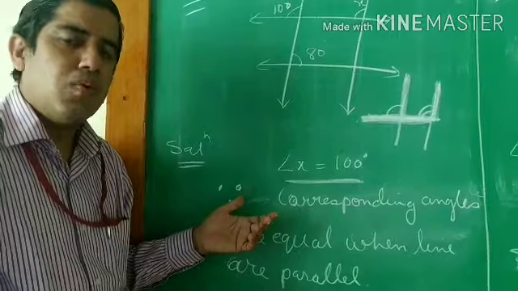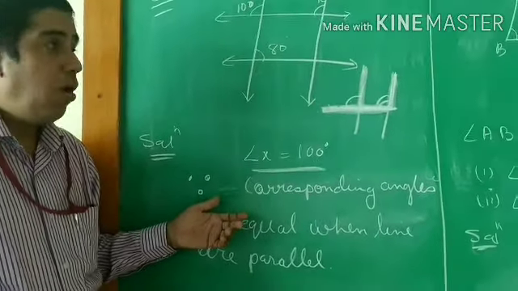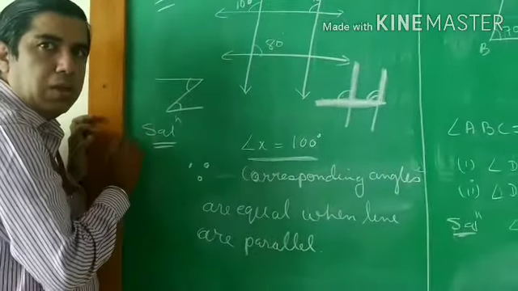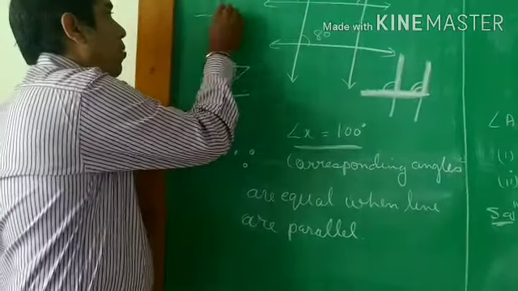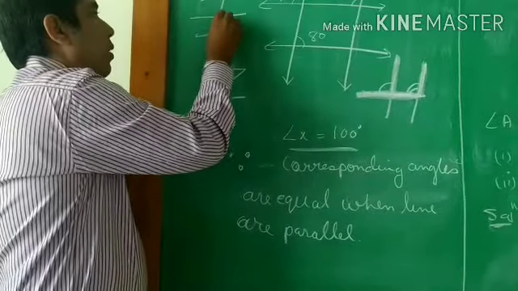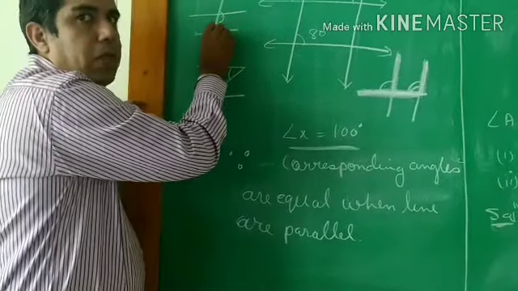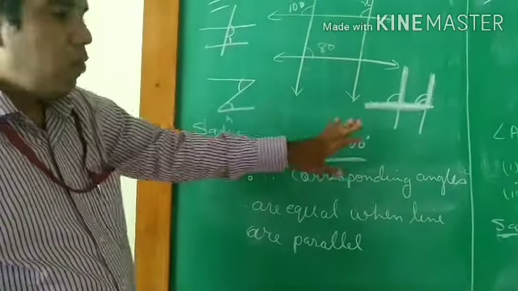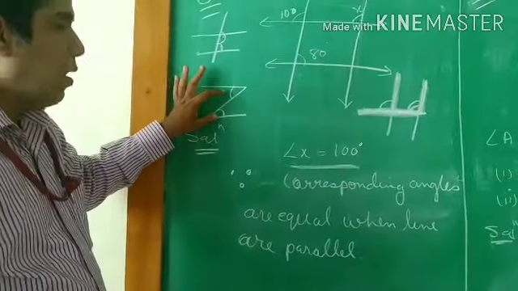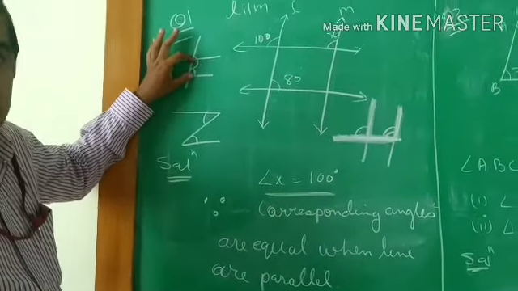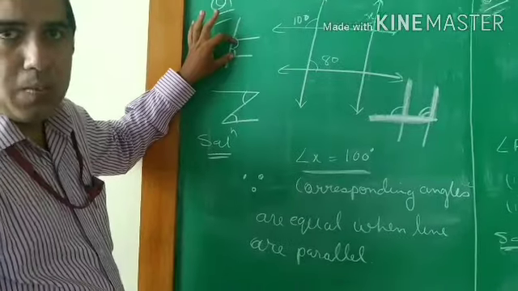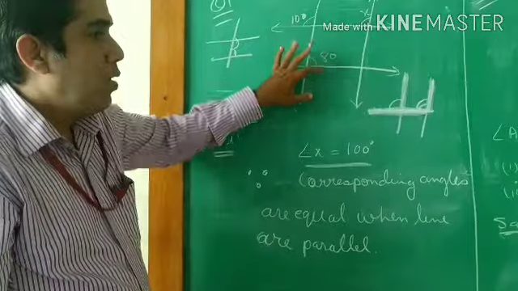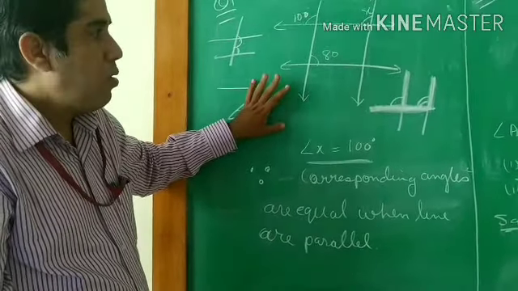Like this, similar questions will come of alternate angles. Alternate angles are equal. It is in the form of Z. Like this it comes. And when it comes to interior angles, they will be on the same side. So you can understand easily. There are three results. Corresponding angles are equal. Alternate angles are equal, and alternate interior angles on the same side of the transversal are supplementary. Supplementary means 180. So these three results are useful in solving these types of problems. I think it is clear to you now.